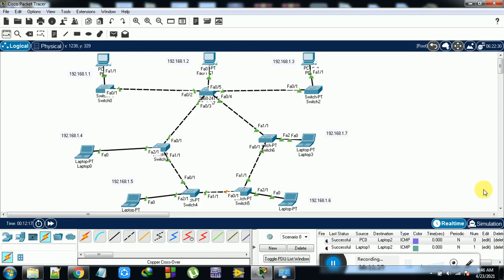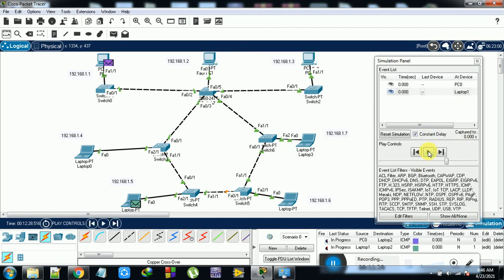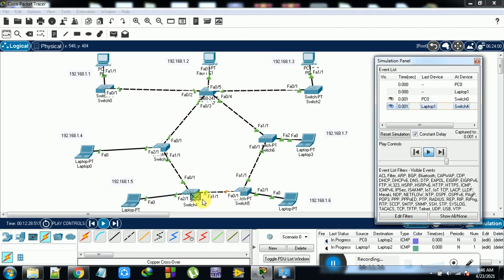Successful. This is the shortest path, but it must and should go in this way only. So it is going in this way and in this way. Like that only it will go, because two things are going on right now. That is the data transferring between node to node, or hop to hop. Okay. Once again you got the acknowledgement.